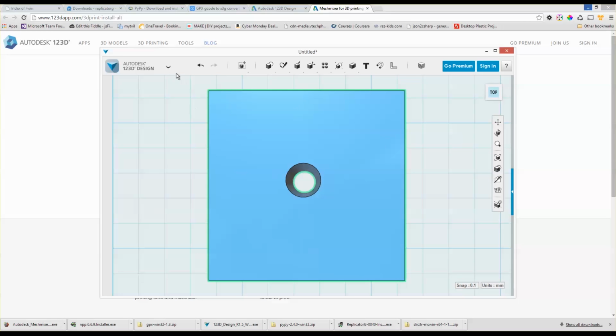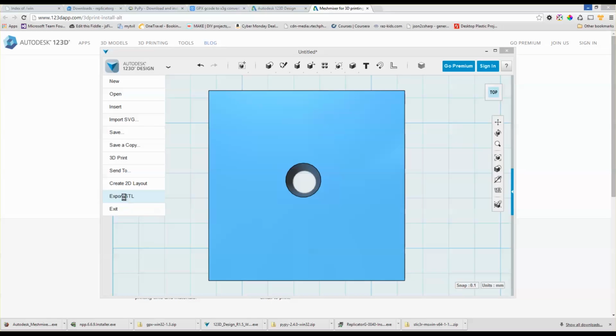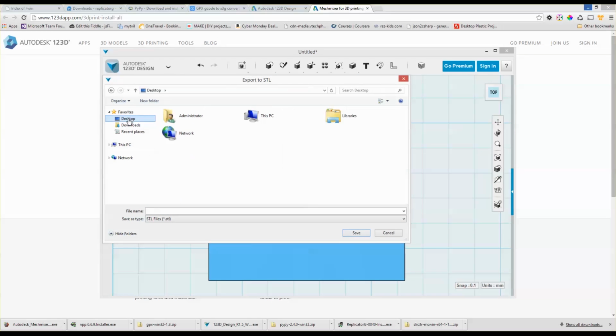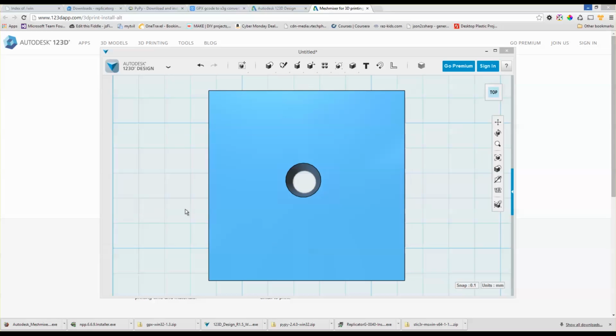So from here, what we can do is export it as STL, and let's give it a folder over here and call it cube with hole. So now we actually created an STL file,